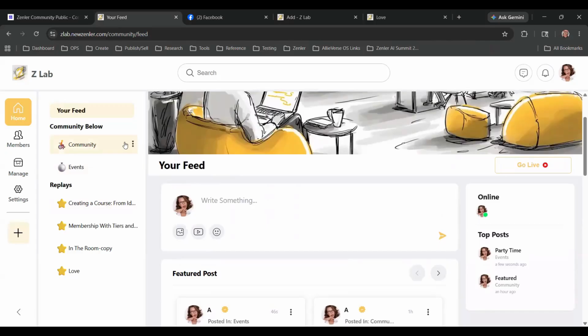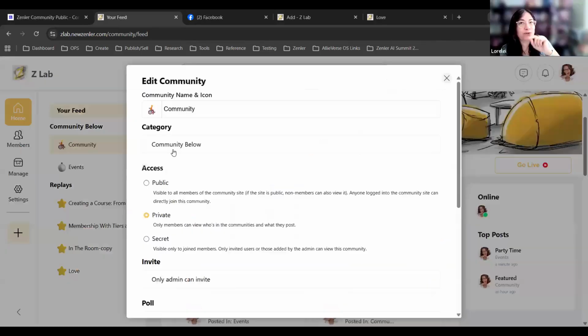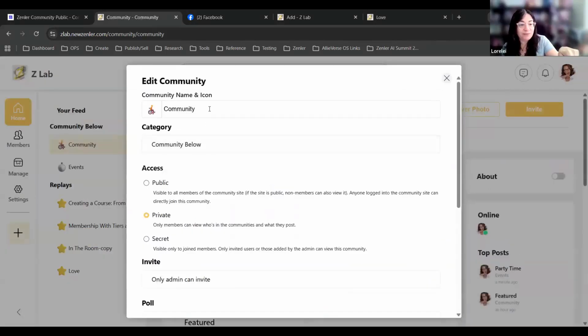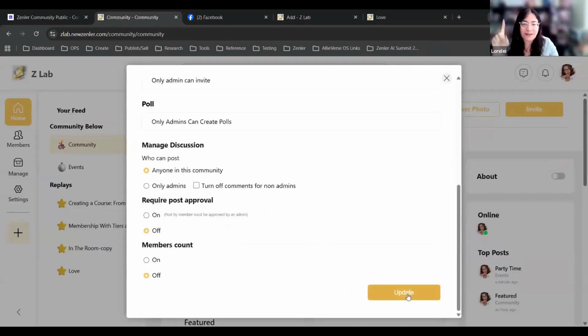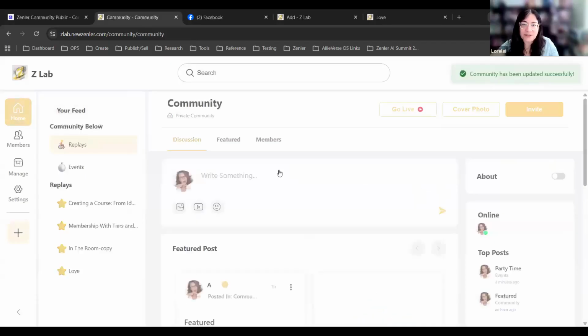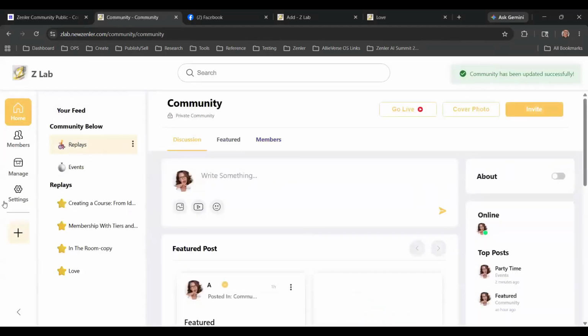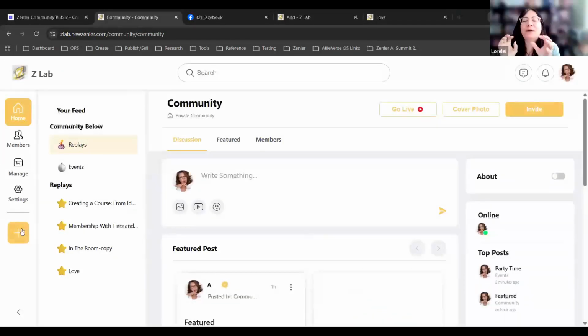So what I'm trying to say is, in order to create a community, I have to go to the course in the price plan, select communities. No, that's not how you create a community.